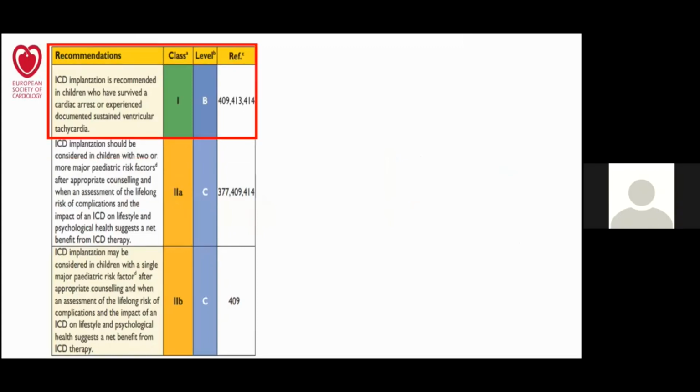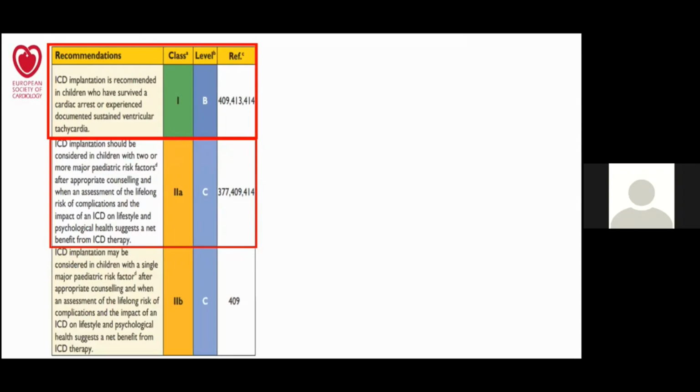Nevertheless, the USC guidelines recommend an ICD in secondary prevention in children who have survived a cardiac arrest or experienced documented sustained ventricular tachycardia. For primary prevention, an ICD implantation should be considered in children with 2 or more major pediatric risk